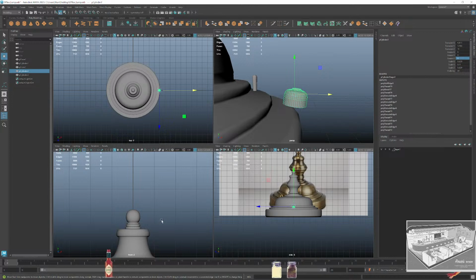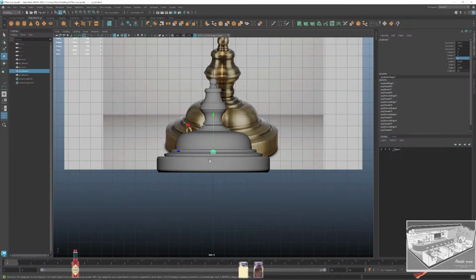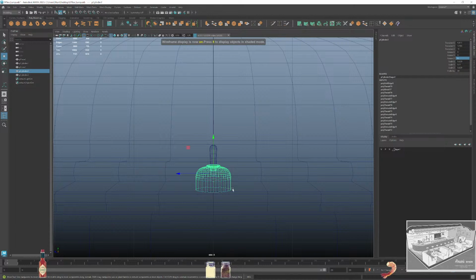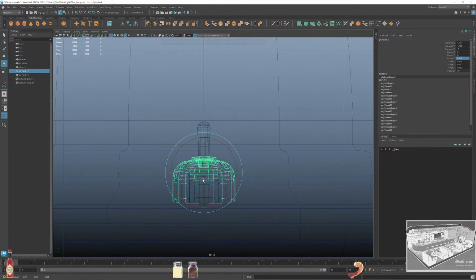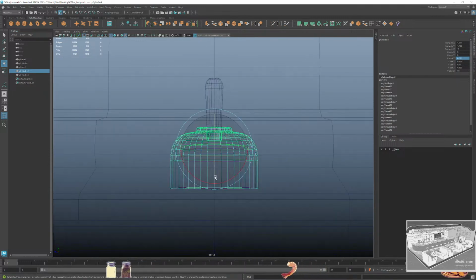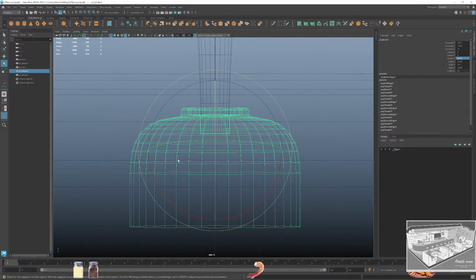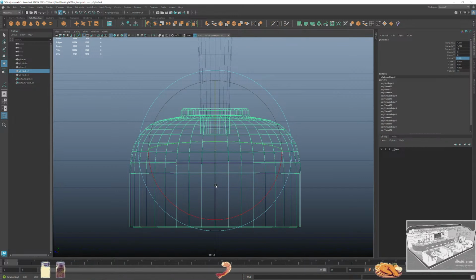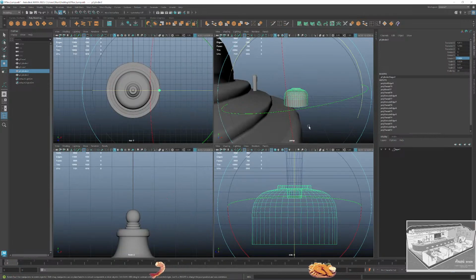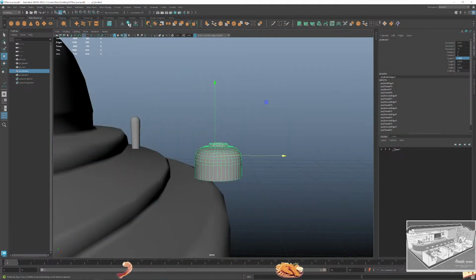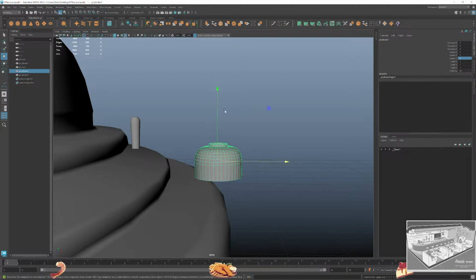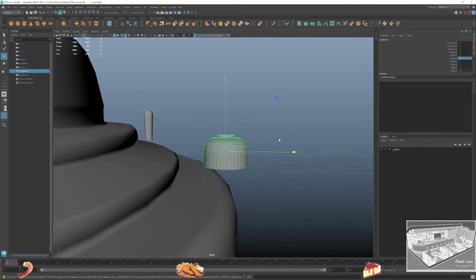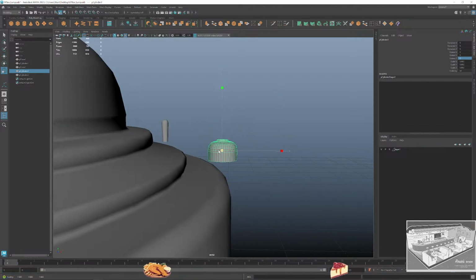Okay, no worries. Let's go back here. Let's go four and find that sweet rotation. Just align this with its own edges. That way we will know that it's actually perfectly aligned like this. I think that's good enough. Nice. Now let's go and center pivot, freeze transformation, delete by type history, freeze transformations, and we should have a better placement of this. Let's make it smaller,